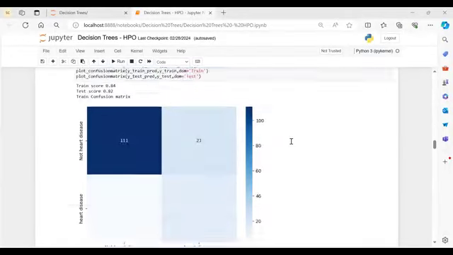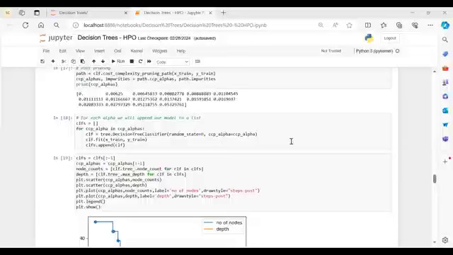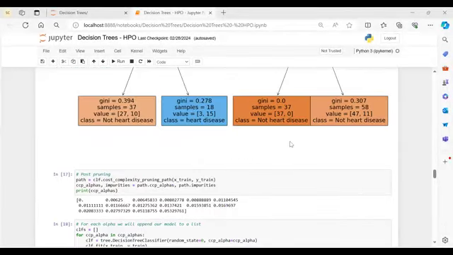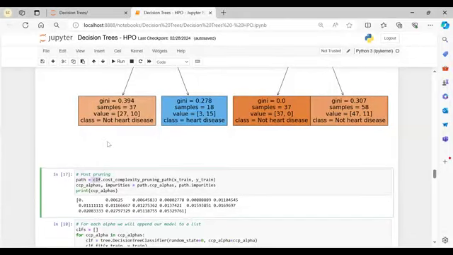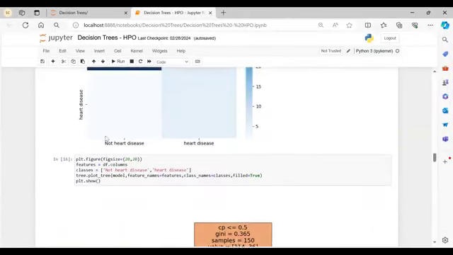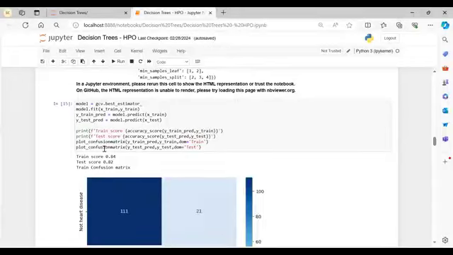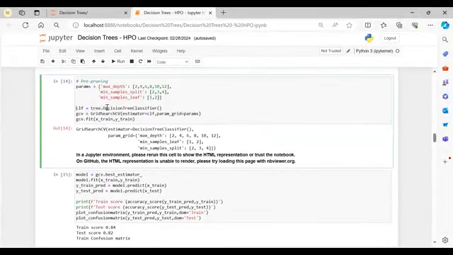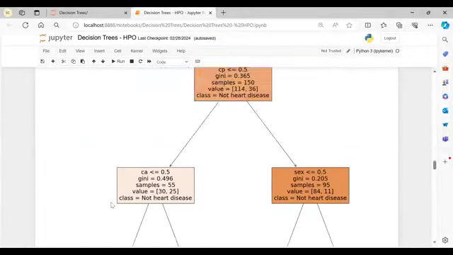I hope you can see my screen. Yes. So this is the model name, CLF, which we have initialized somewhere on the top here. This is a decision tree classifier. So what we are doing here is